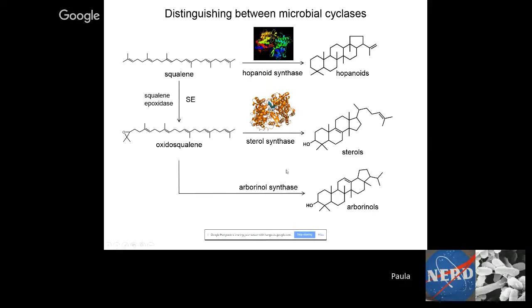What we next wanted to do was, can we distinguish between this type of a cyclase, an arborinol synthase, and a sterol cyclase in the genomes and metagenomes? Because if you remember, I pulled this Eudoraenol cyclase out by doing a search for oxidosqualene cyclases that made sterols, and I thought it was a sterol synthase. So is there a way at the amino acid level that we can start to distinguish between these by just sequence alone? And so the first thing we did was we did an alignment of the Eudoraenol cyclase with other sterol cyclases.